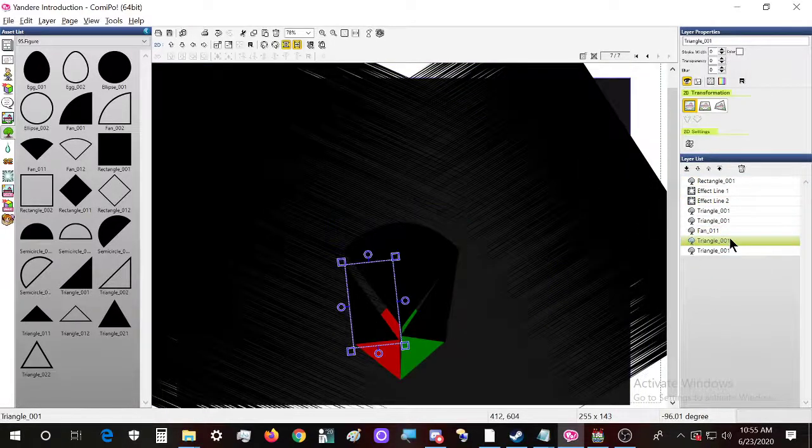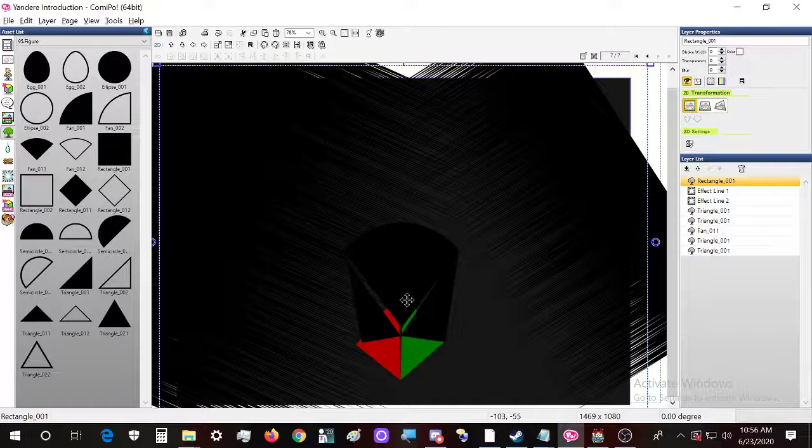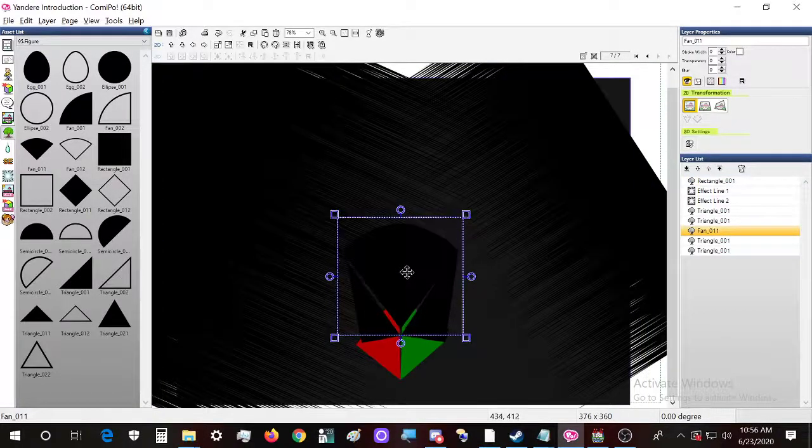Okay, so this triangle here, this triangle requires to be here and needs to be less large and needs to be something like this. Now the point about these shapes is that they don't necessarily matter that much.